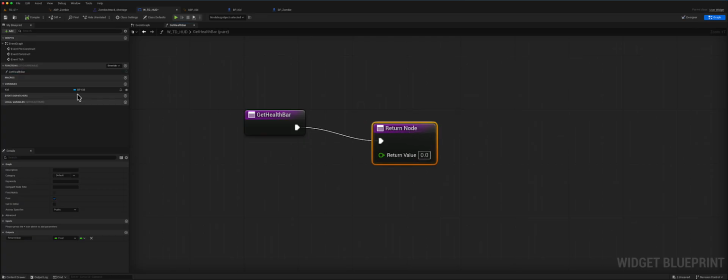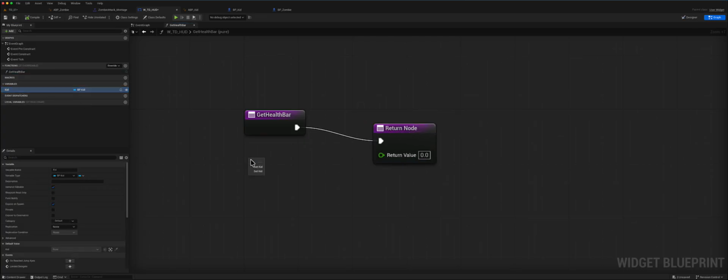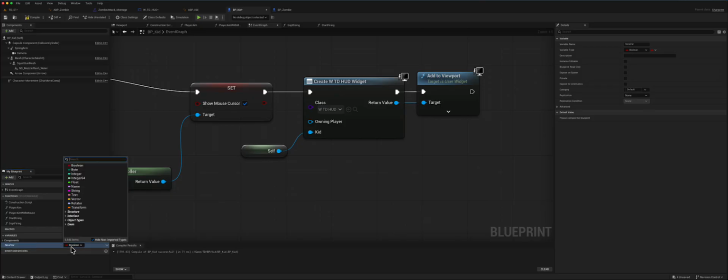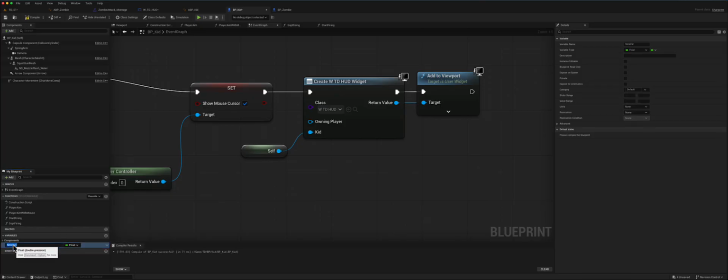Well, we have a reference that we created of our kid model, so we can drag that out. We can get our kid, but we never created a variable inside of our kid here to hold the health. So all we have to do is down here inside of our variables is just hit plus here, create a new float value, and then we could name this player health. And then remember to compile and save that,